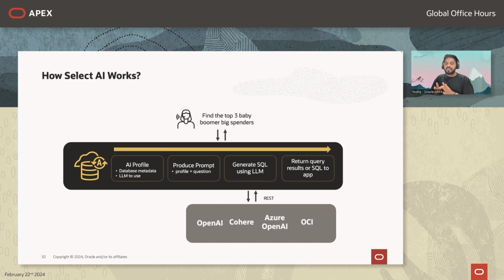The next step is when a question is asked, Select AI constructs a prompt. This prompt contains information from the AI profile and the question that is asked. Both are put together, and basically this is a packet of information that contains all the information that the LLM service would need to generate SQL. Now, this prompt is sent across to available LLM services via REST API. The supported LLM services are OpenAI, Cohere, Azure OpenAI, and in future, we will also be supporting OCI Generative AI